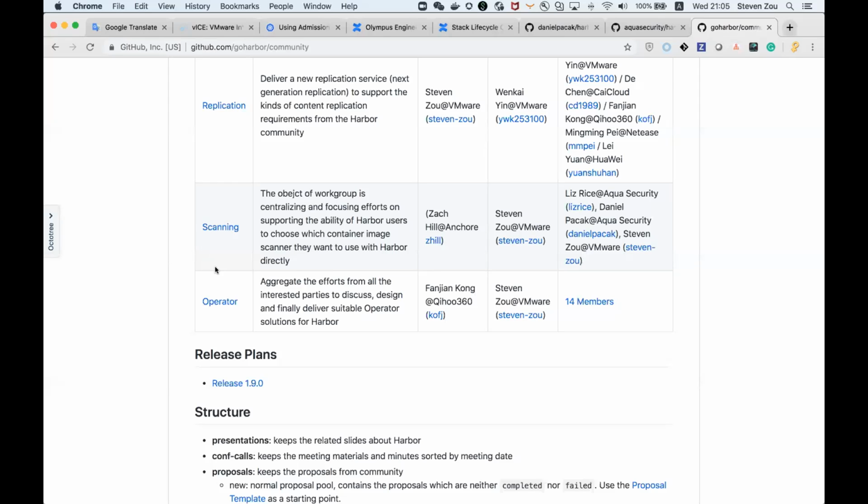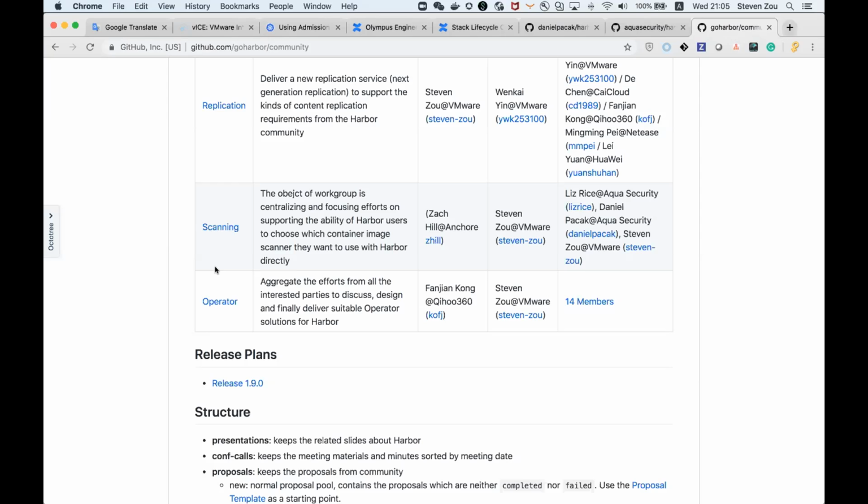In future, we may introduce more scanners, like a package scanner or license checking or some other complex checking scanner, into Harbor based on this new framework.